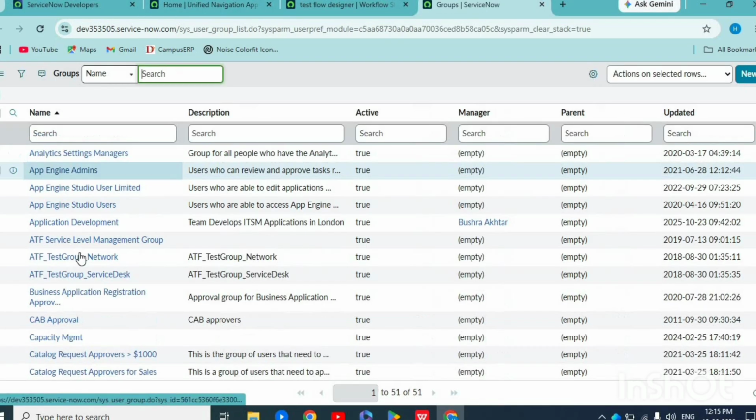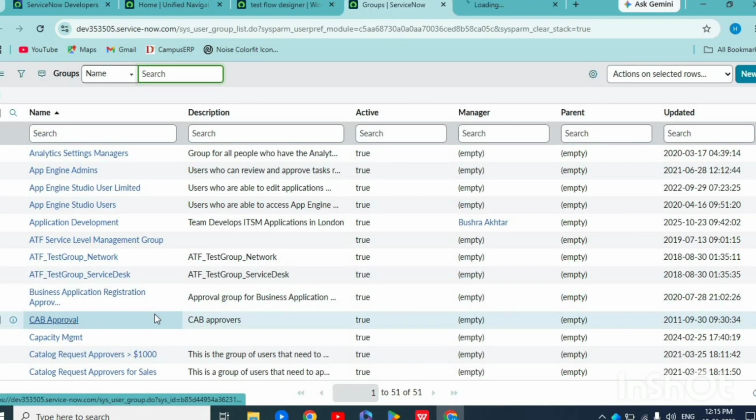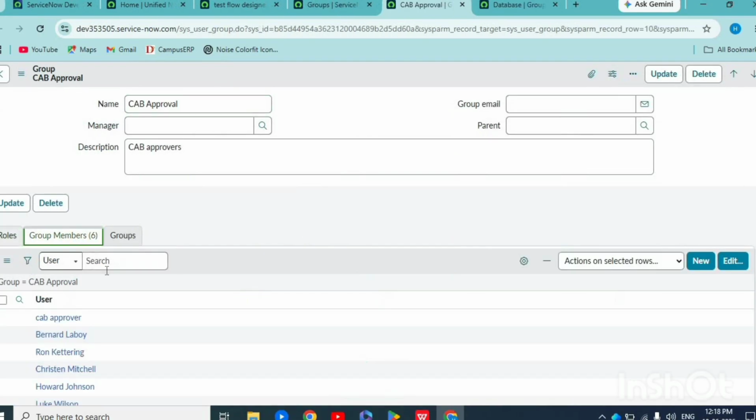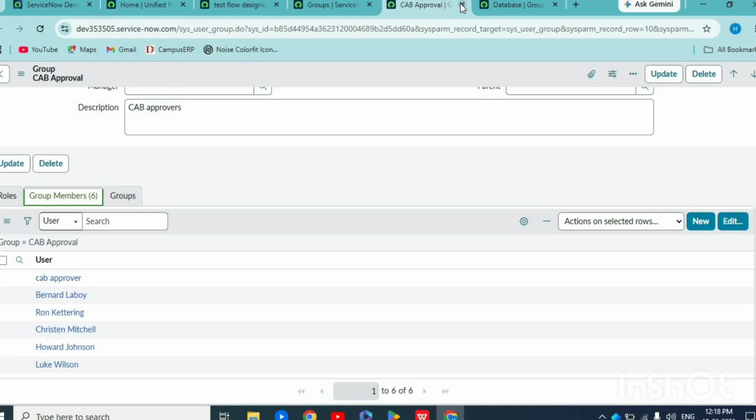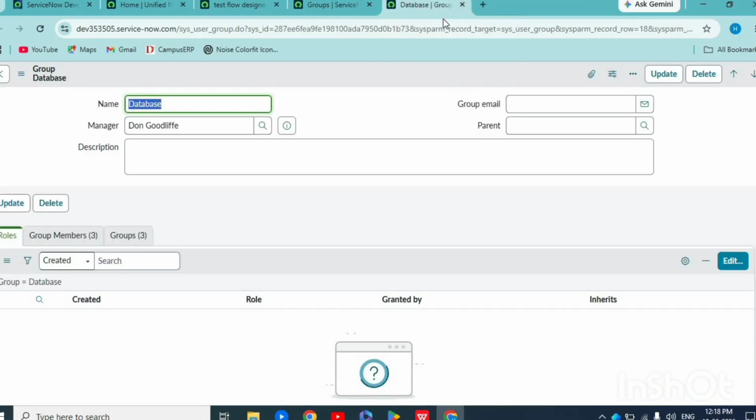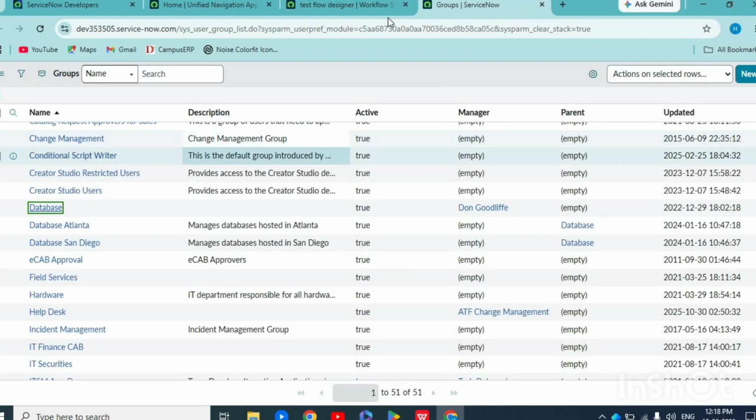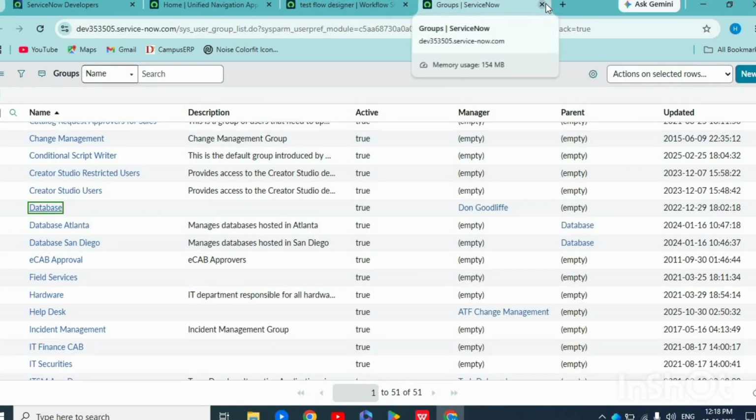So yeah, this is the group table. We used the approval and database group. You can see these are the group members, and in the database group there are also members available, so we can easily use it, because if the members are not available, then the request will be rejected or that will not work accordingly. Okay,